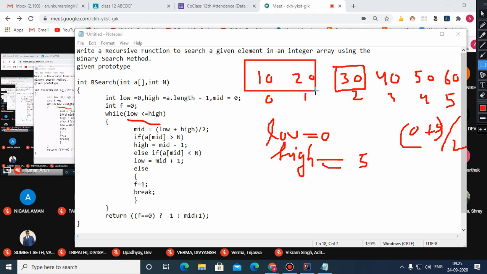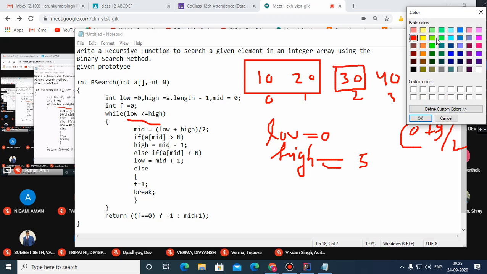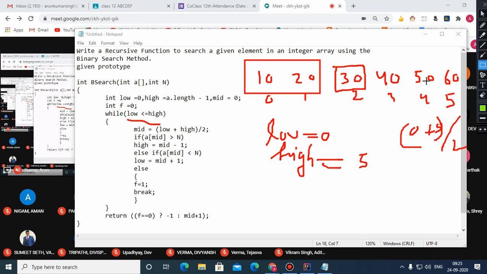One is this part, which is the lower segment, and another is this part, which is the upper segment. So there are three parts. The first part is the middle itself. The second is the lower segment, and the next one is the upper segment.